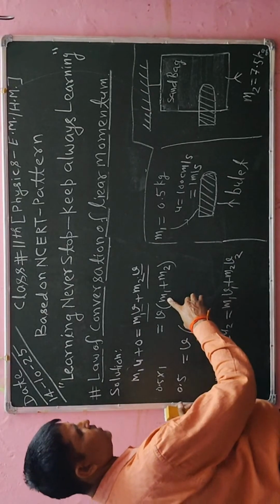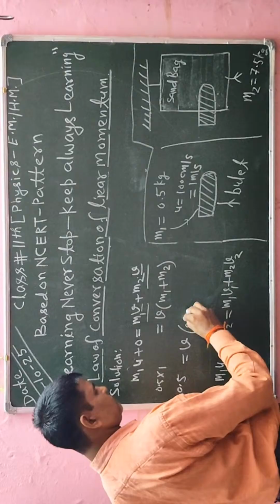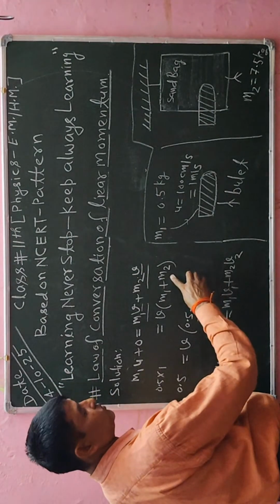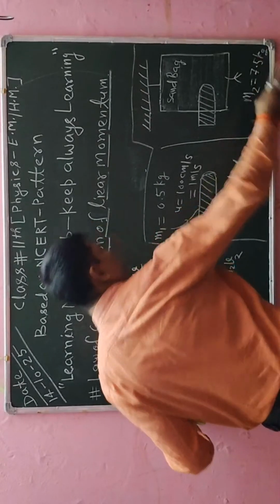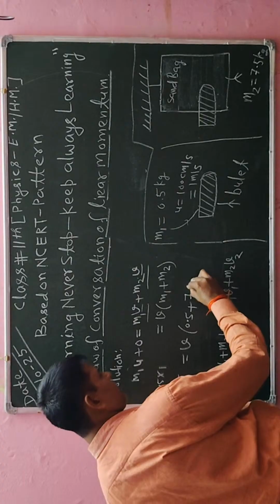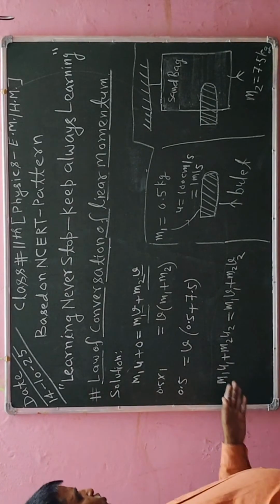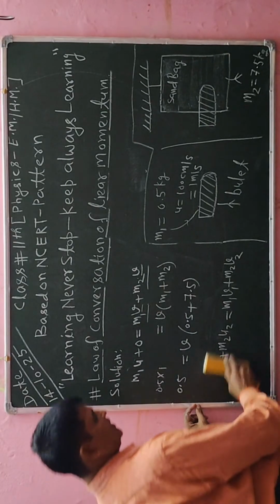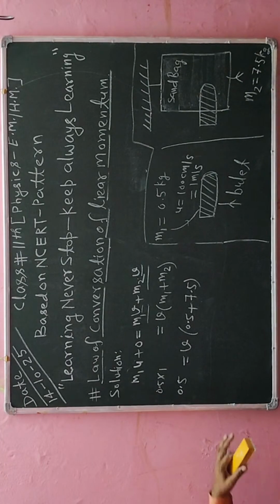Now the value of m1 is given, 0.5 kg. Okay student, if you have any doubt, ask your doubt by typing. The value of m2 is given as 7.5, so I have to put 7.5 here, and then we will calculate it. Okay, the formula written below, the law of conservation of linear momentum, I have to erase it,